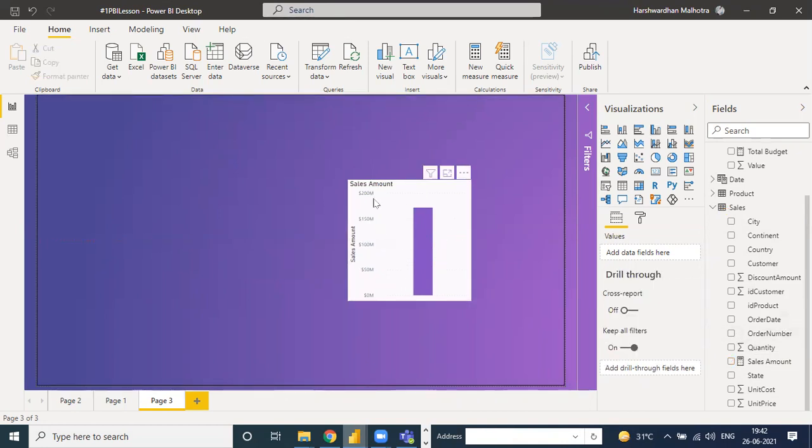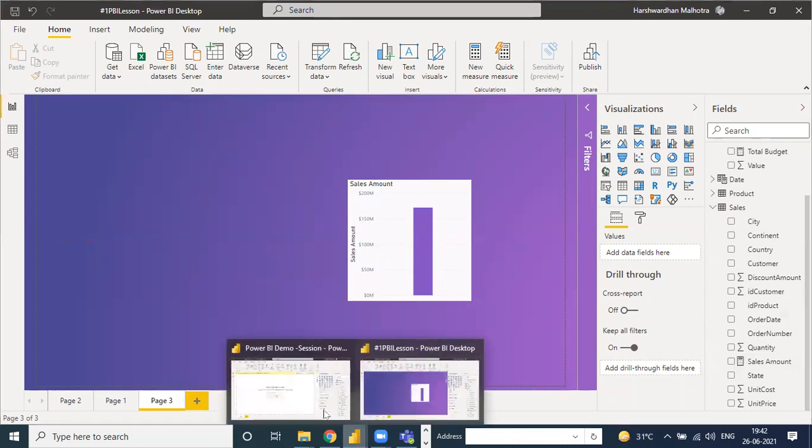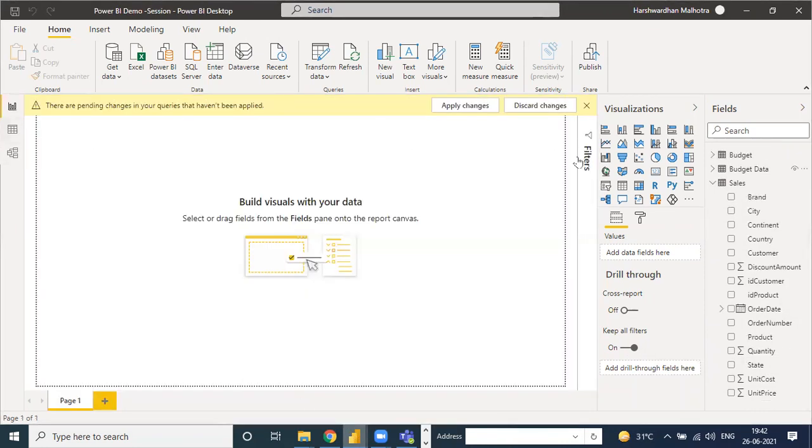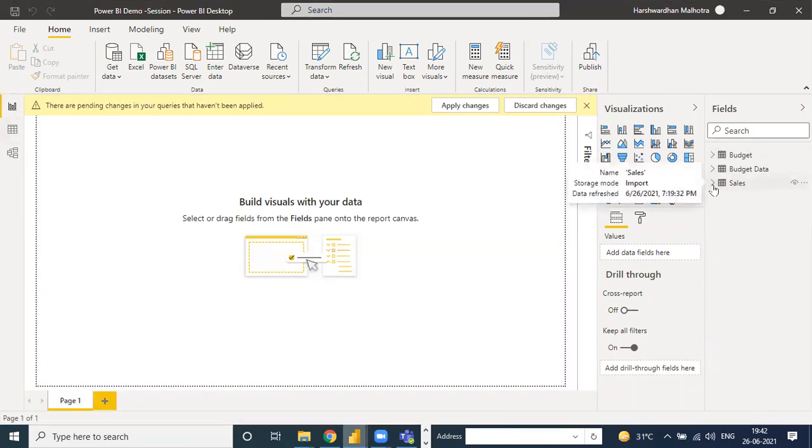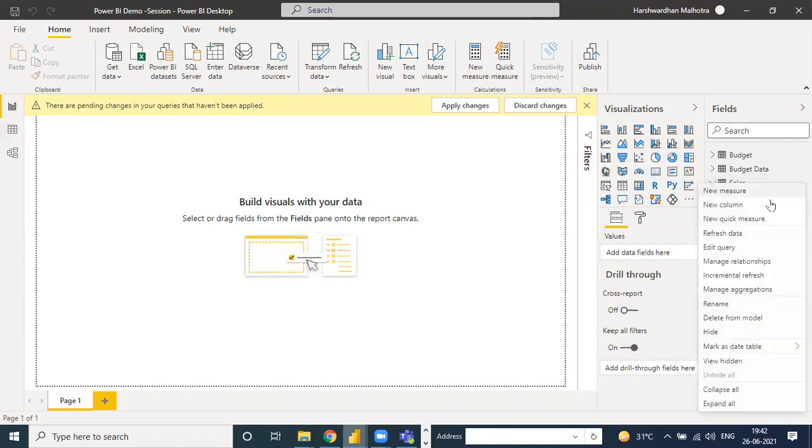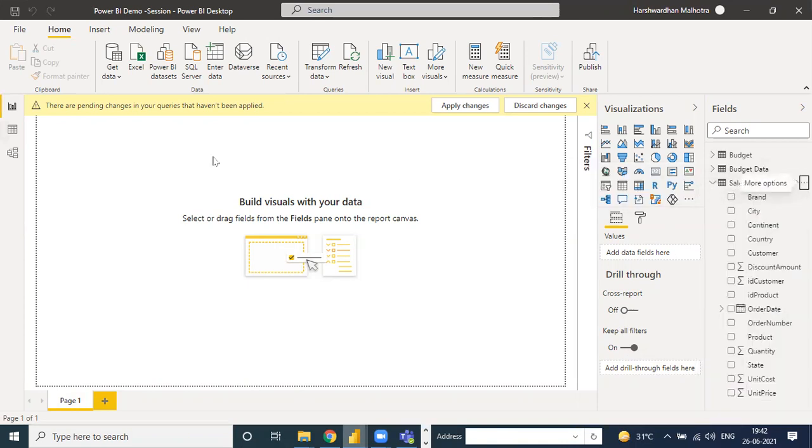And how does the sales amount come? Like I have already told you, unit price multiplied by quantity gives the sales. So you can go to the sales measure here, click, and new measure.